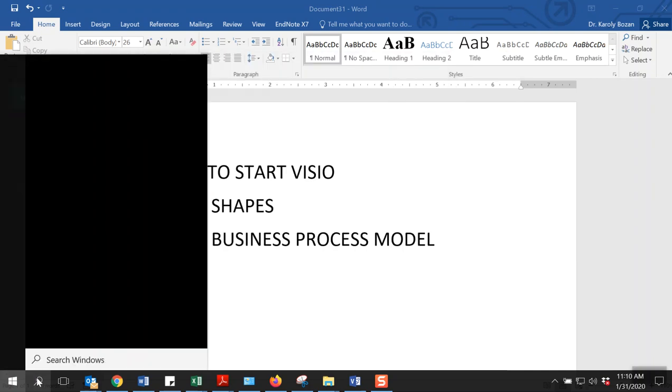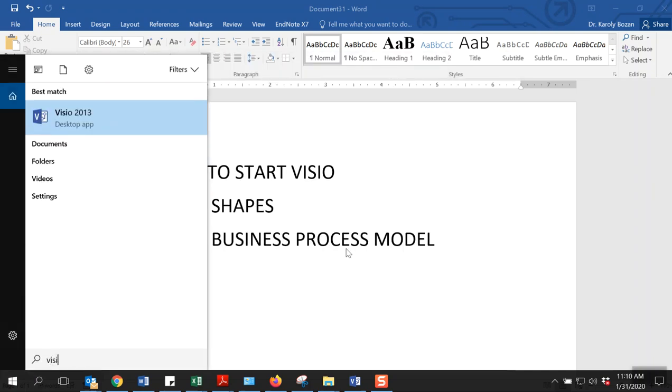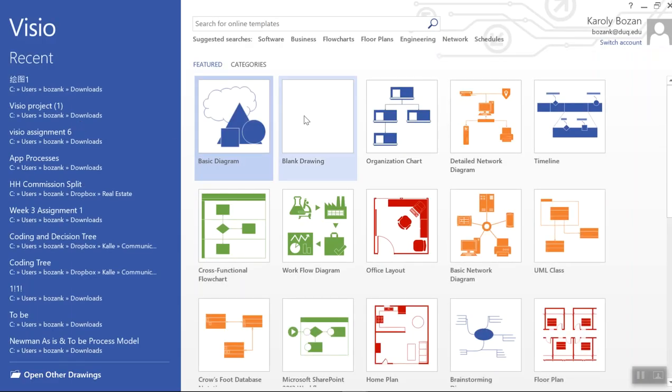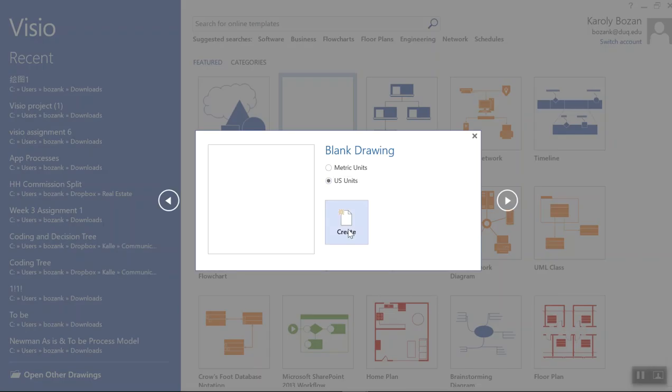So I just type in Visio, V-I-S-I-O. I have a 2013 version. It's very similar to 2016, which is the computer labs version. So I go to blank drawing. If this is not the screen you are seeing, then you can just go under File, New, and these options should be shown to you. So I click on blank drawing, Create,